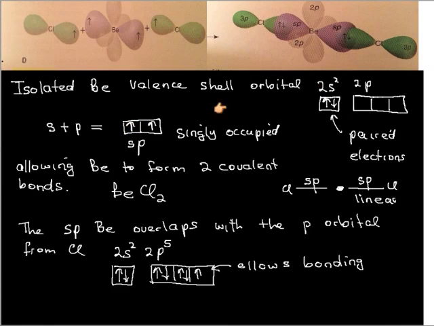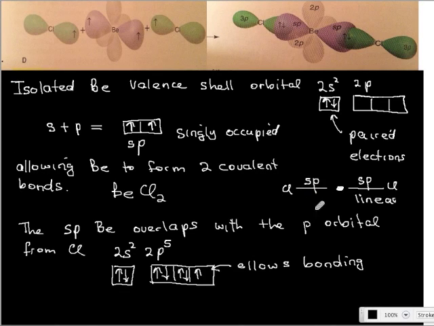Now the two electrons of the beryllium atom will be singly occupying an orbital each, rather than sharing an orbital here. This allows the beryllium to form two covalent bonds. So if you think of this little dot here as the central beryllium, it forms two bonds, and each one of those is sp hybrid, sp. And if we were to